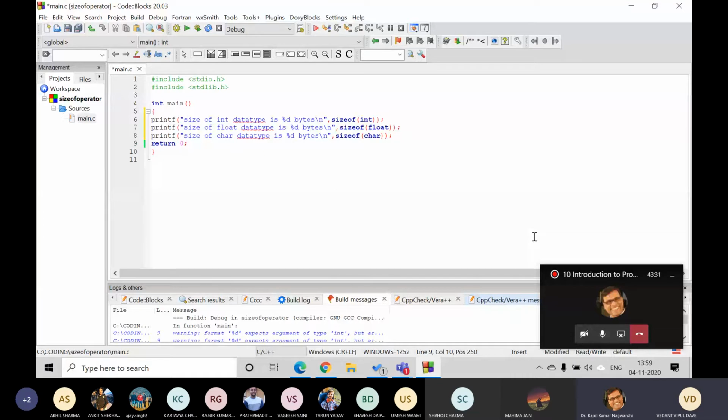Yes sir, I explained. So first let me check the problem. Your problem number was 4, right? No sir, 5. Write a program to display the size of every data type. So how do you display the size of a data type? Sir, only 3 data types are available.